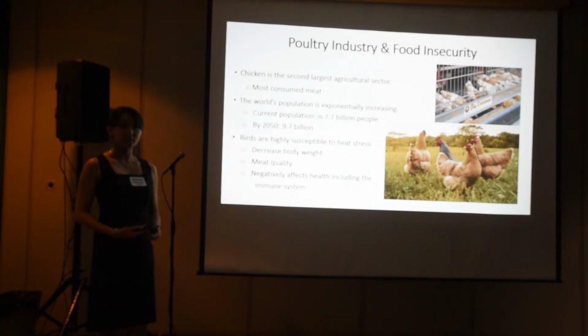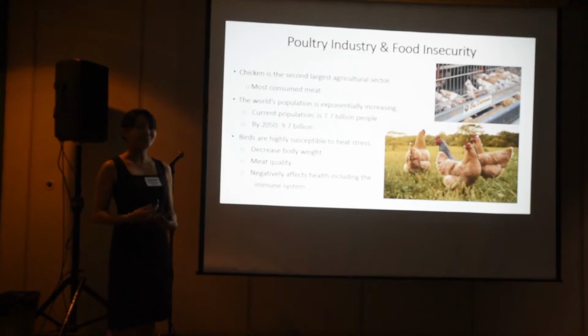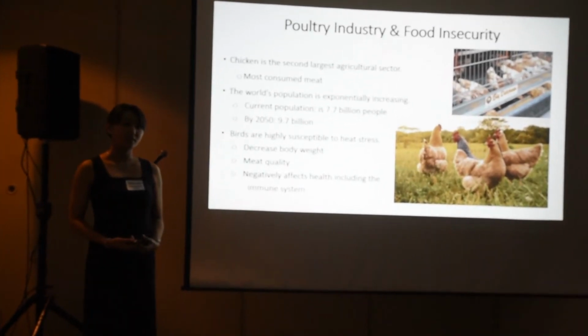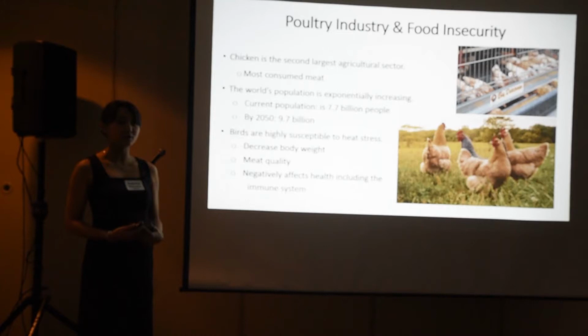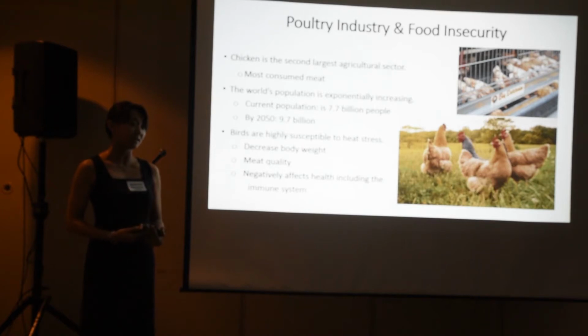Broiler chicken specifically put on a lot of meat in a very short time frame, and this growth of meat uses a lot of energy, and this energy produces a lot of heat. When you get a lot of heat, you have a lot of stress on the body, and with chickens, it's especially important to note that chickens don't have any sweat glands. And this lack of sweat glands means that the only way they expel this internal heat is by panting, which